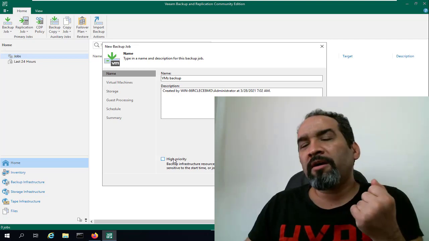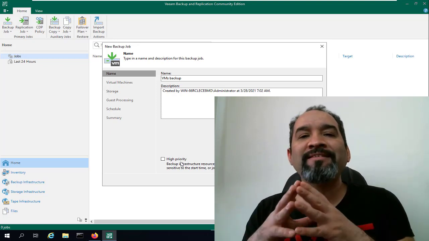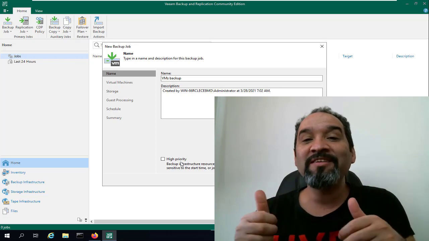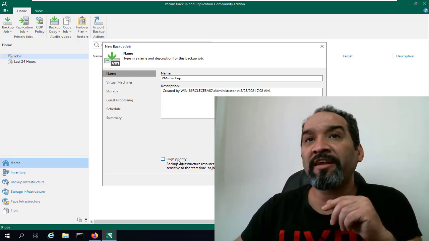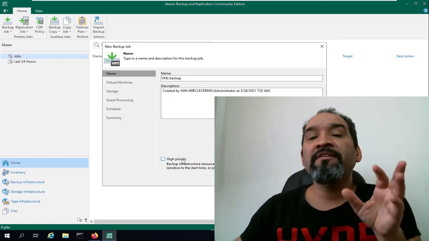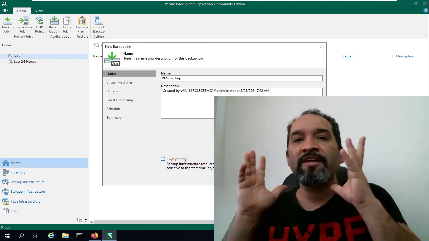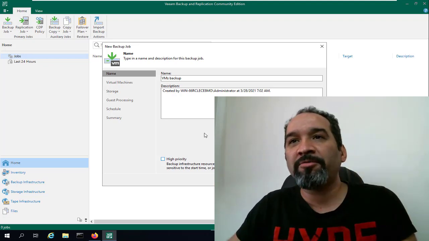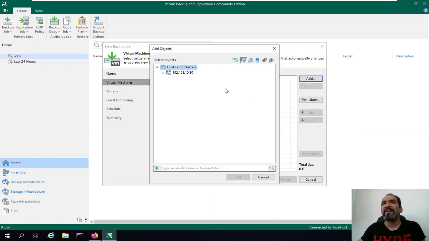So we're gonna unselect this option, but in your production environment, if you have massive virtual machines or very important virtual machines that you want to first take backup from, you should click on this option. That means Veeam Backup and Replication first focuses on the main or first job, and then the low priority job. So we're going to click on next, and here we're going to click on add, and there we'll scroll